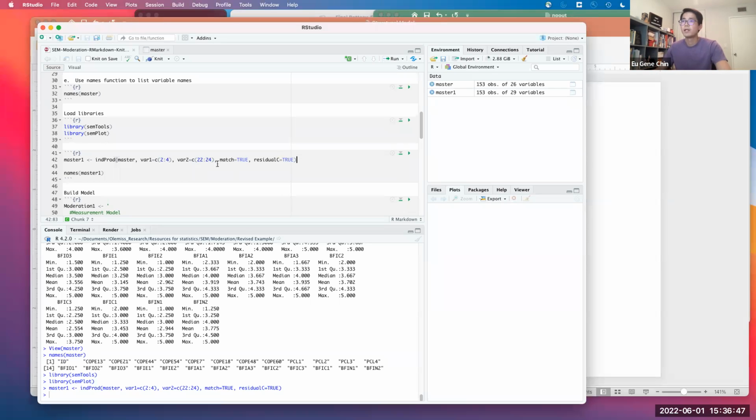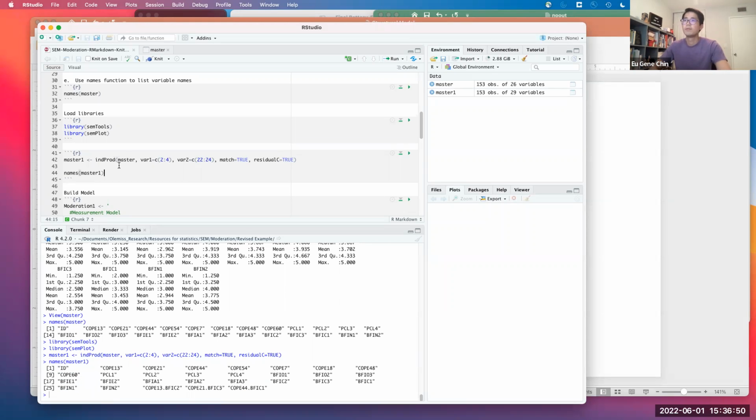So I'm gonna run that. And basically what we're doing is, in this data set, we are going to do a matched pairs way of creating the interaction terms using the residual approach. I'm gonna import this in, make this another data frame called master1.